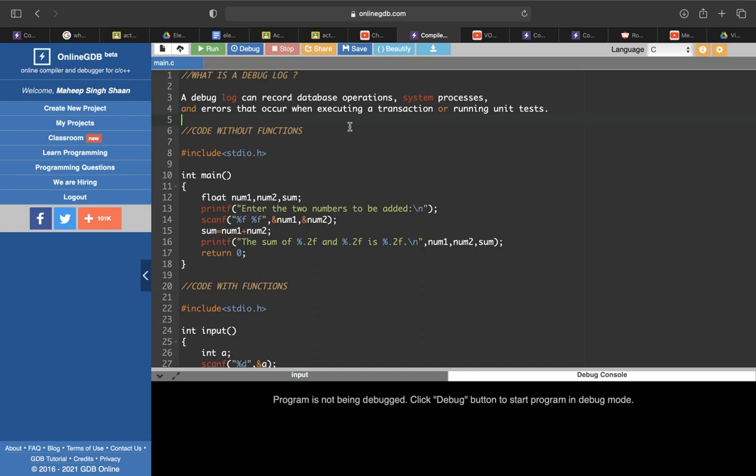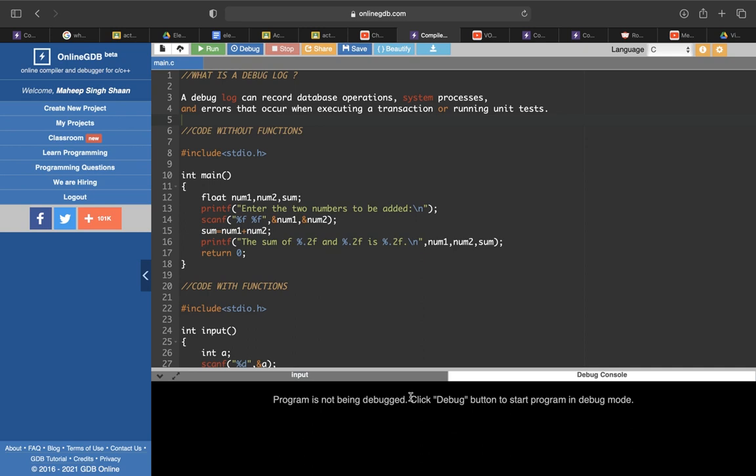Okay, basically what it does is, first, it records everything that's happening in the code. Apart from that, suppose there might be some errors in the code, it detects those errors. Whenever it runs your code, there might be some errors, and it shows those errors in this particular log. Here, if you see this black part, it shows you your errors.